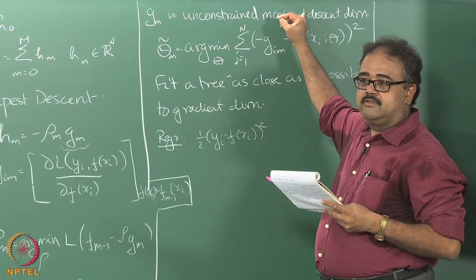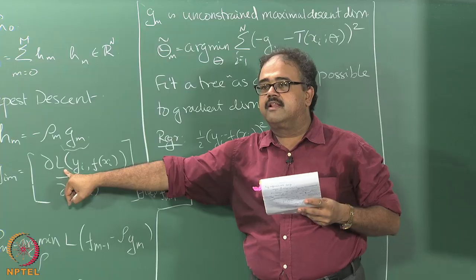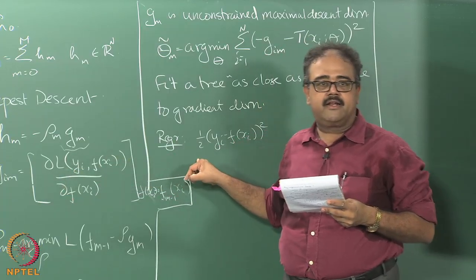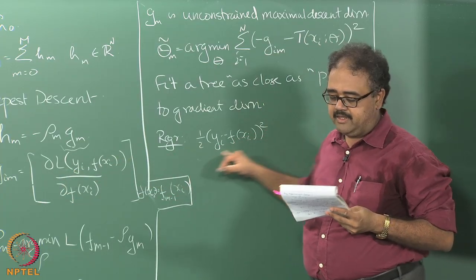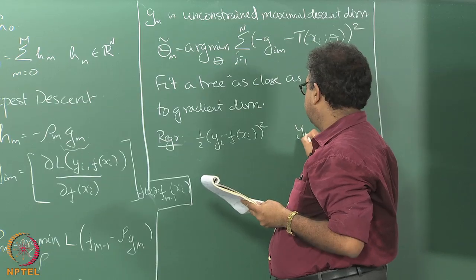So if this L is squared error, then what do I get here is essentially